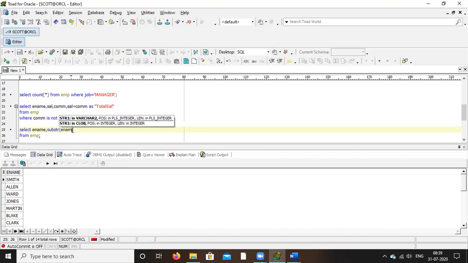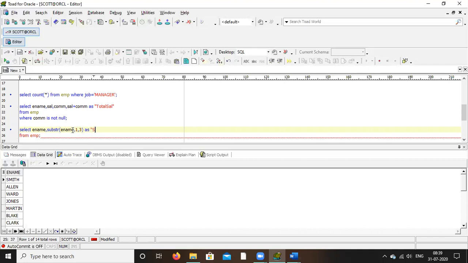Bracket close. Give an alias name as short name. Now control enter.